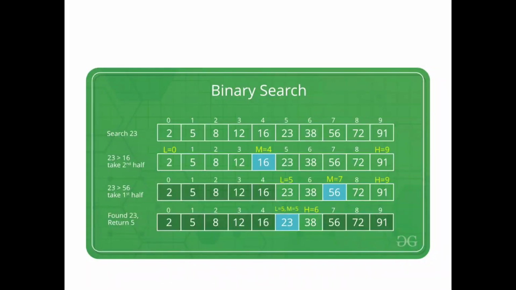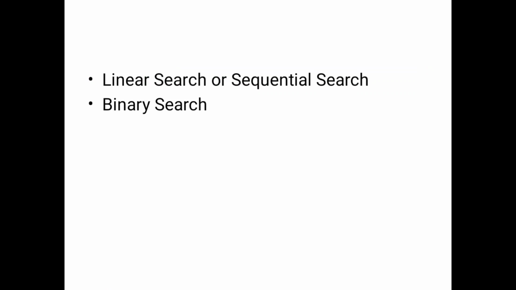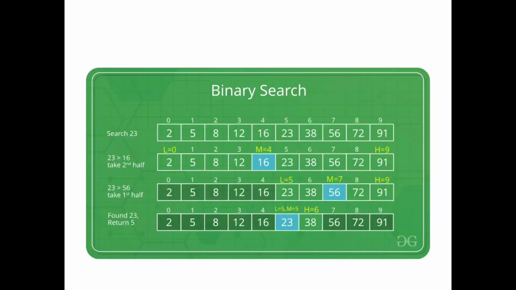Next, you can see again the list will be divided. The leftmost element is 5 in the third diagrammatic representation. The low value is 5 and the high value is 9. Next, we have to find the mid value, which is low plus high by 2, that is 5 plus 9, which is 14 by 2. The middle value is 7, and the middle value element is 56.